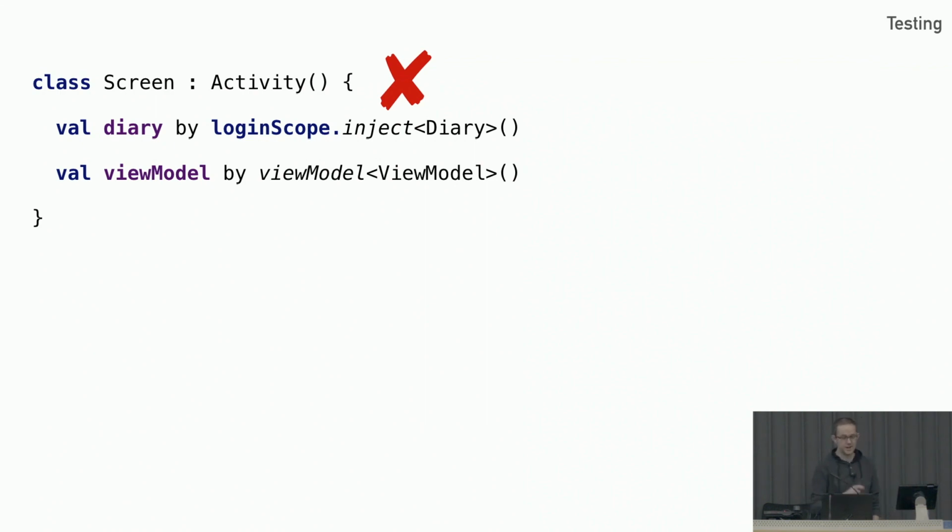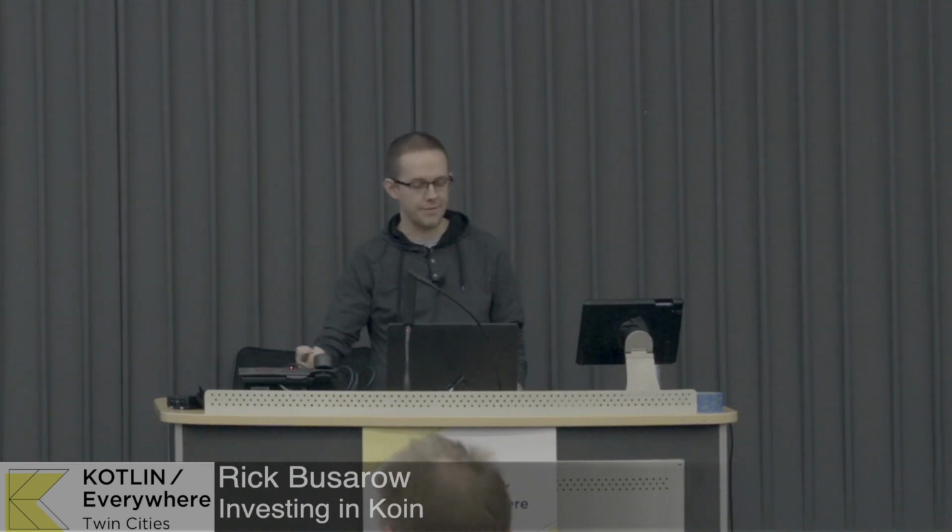On the other hand, it does not check stuff outside of the graph. So this activity, which is accessing it using those delegates, would potentially have errors if, for instance, this diary wasn't contained. But this happens with Dagger as well, right? How many times have we seen crashes, those of us that use Dagger, where we're accessing something which is not in the graph? Dagger doesn't know how to check it, Koin doesn't know how to check it, it can't be checked.